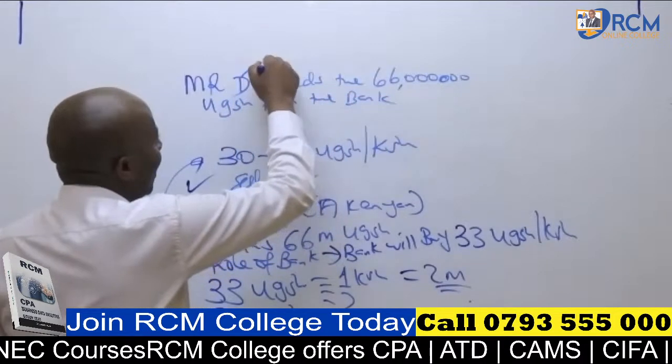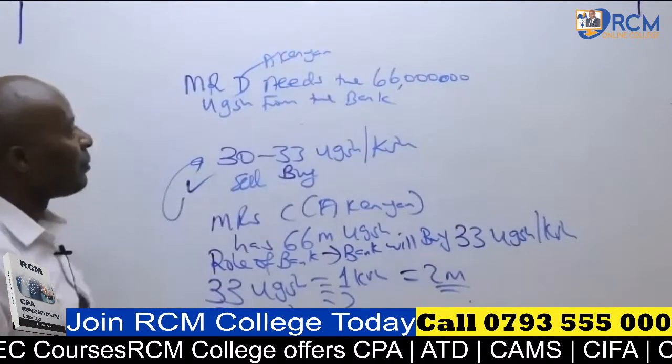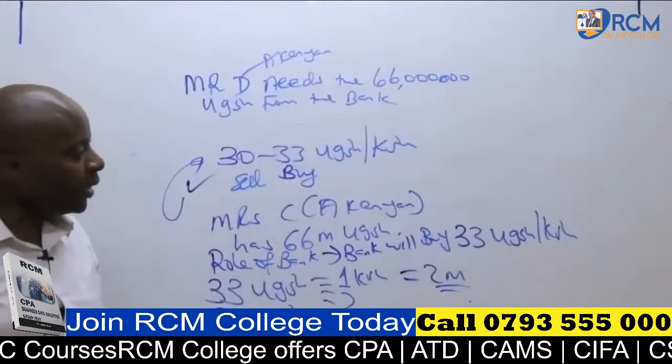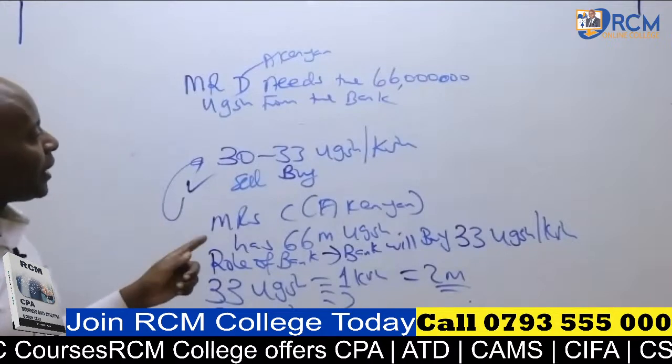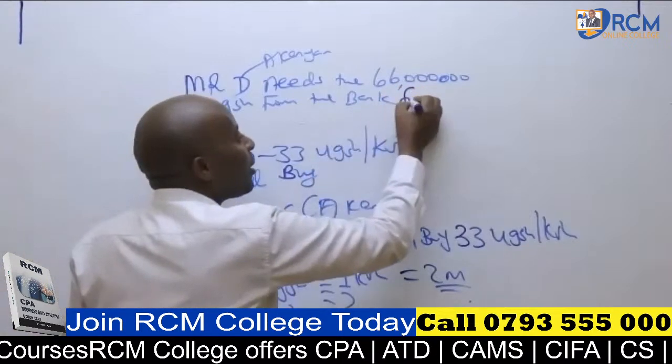Mr. D is still a Kenyan, so he is in need of the 66 million Uganda shillings from the bank for purposes of paying